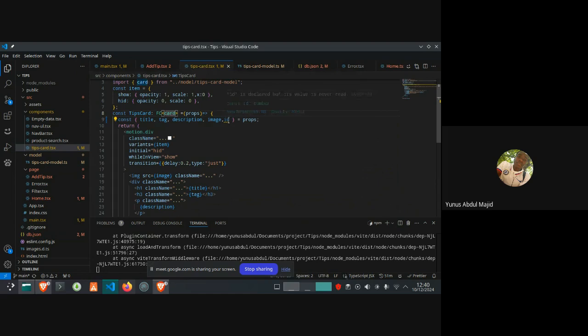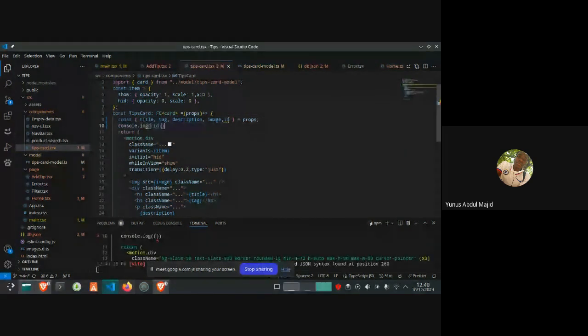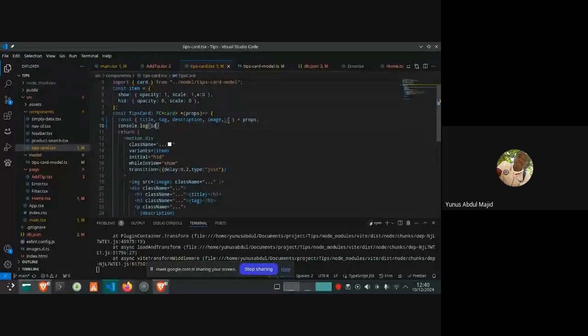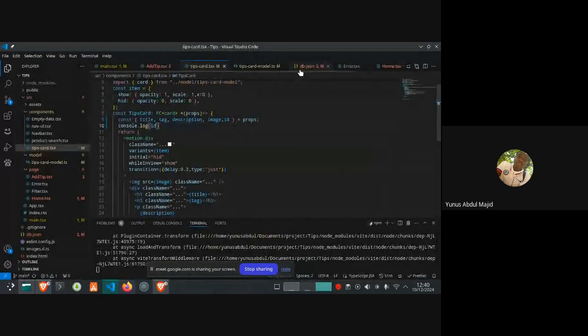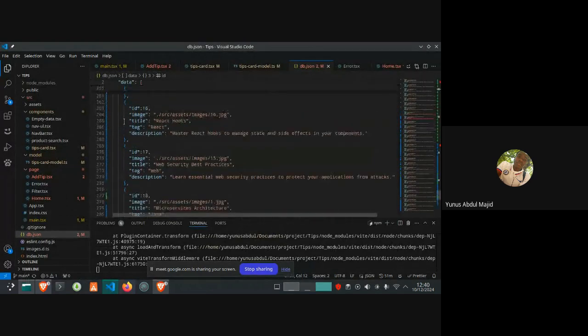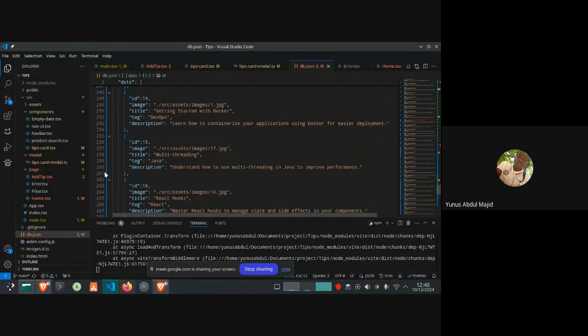So that logs, also the log ID. So this is working as expected. ID from at position 260. So I'm trying to ignore the error, but you have to go back to it. Line 260.